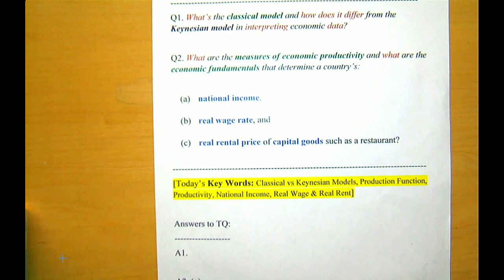So when everything is flexible, that means the economy can move around any way it wants to go. It goes where it really is fundamental, right? So if you want to go to a place, in the morning you are driving, and you can just go around any way, you reach the destination. The destination is your fundamental. That's the economic fundamental. And we'll talk about various fundamentals. National income is a fundamental. Real wage is a fundamental. So when prices in all markets are flexible and the economy reaches its fundamental, that condition we call the long run.